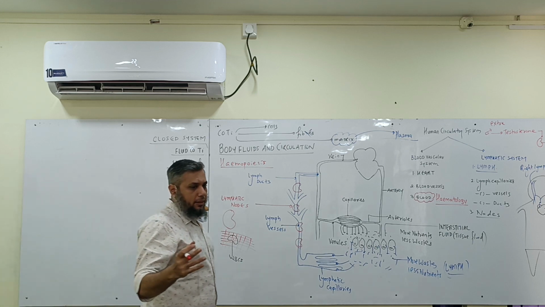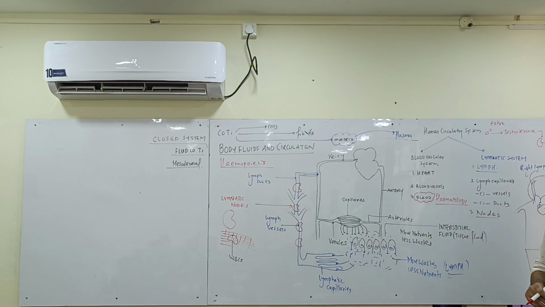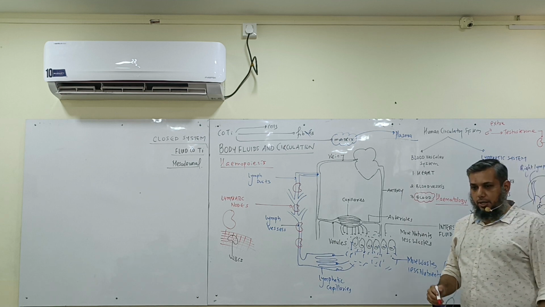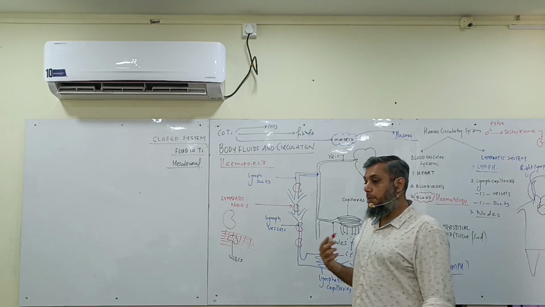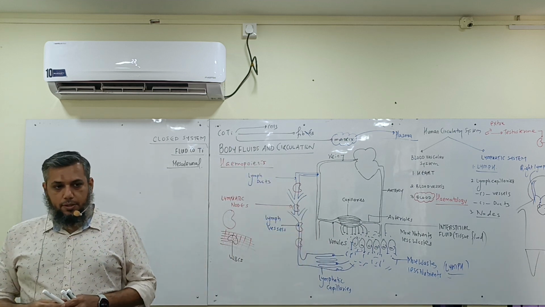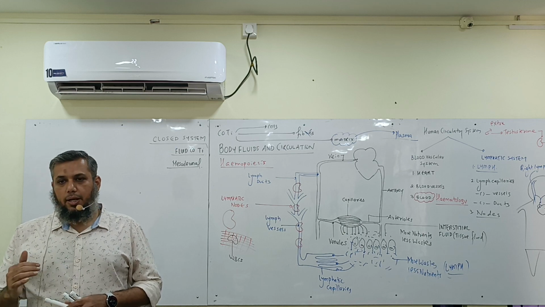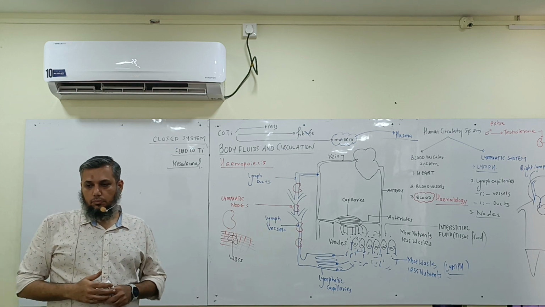Okay? So some athletes, you know athletes? They are known to take performance enhancing drugs like EPO, like erythropoietin, that will increase their RBC formation. As a result of which, what will happen? Their muscles will not get fatigued easily. They will get more amount of oxygen. It will enhance their performance.